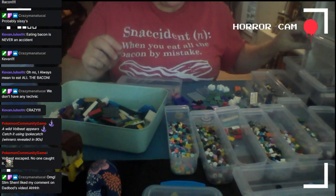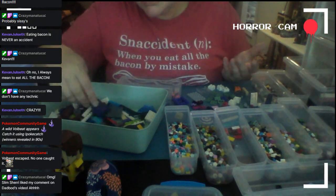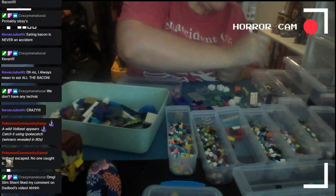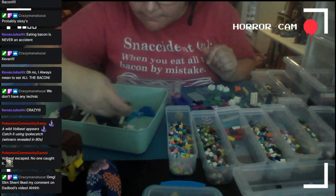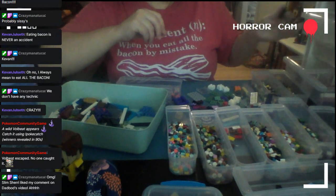I keep looking at these ones that I have nothing in but a piece or two and thinking, should I just take them out and put something else that obviously has 5 million of them in there instead? I'll put that one in there. It's kind of